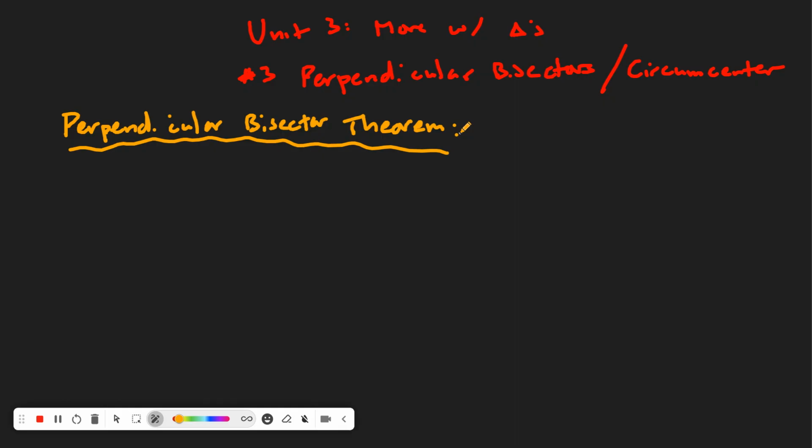Okay, so what this theorem says is any point on a, and I'm going to use shorthand here, on a perpendicular bisector. So if you need to put the word perpendicular instead of upside down T, go for it, but I'm going to do the perpendicular bisector of a segment